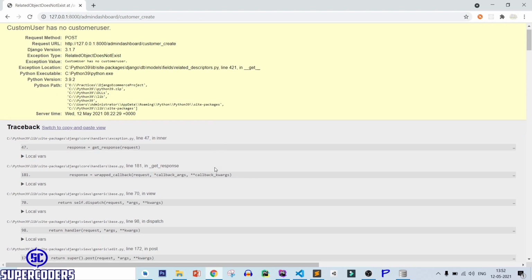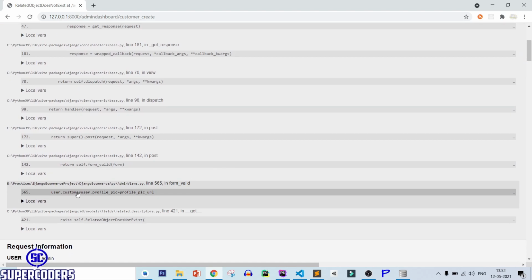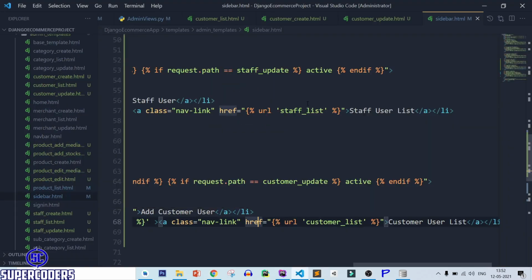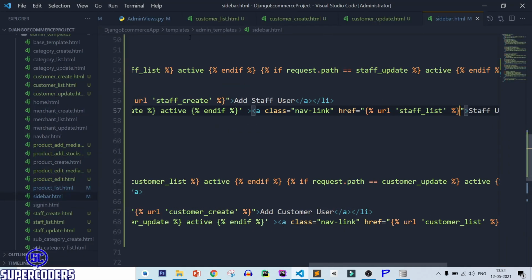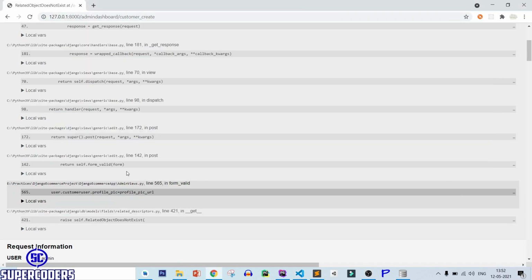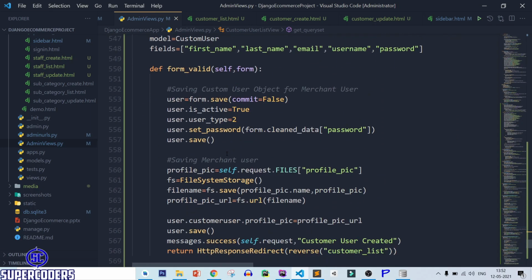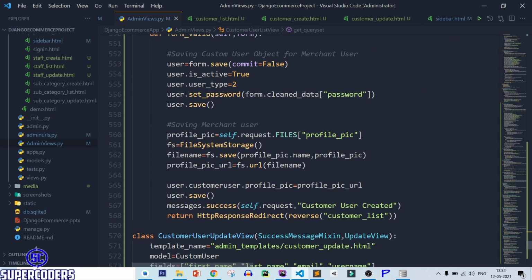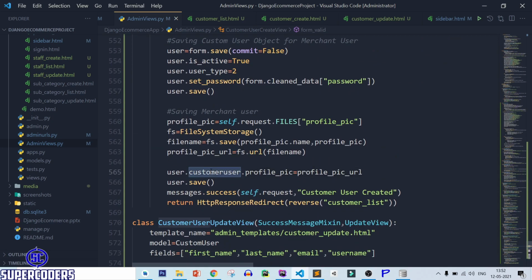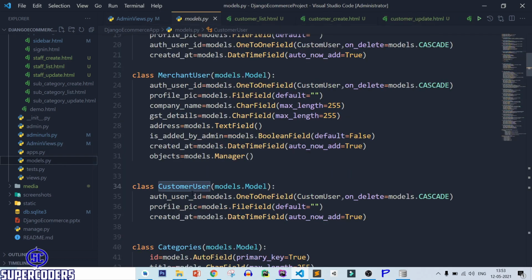So let's see line number 565, user dot customer user. So let's see what is the model name actually, because it is work with model.